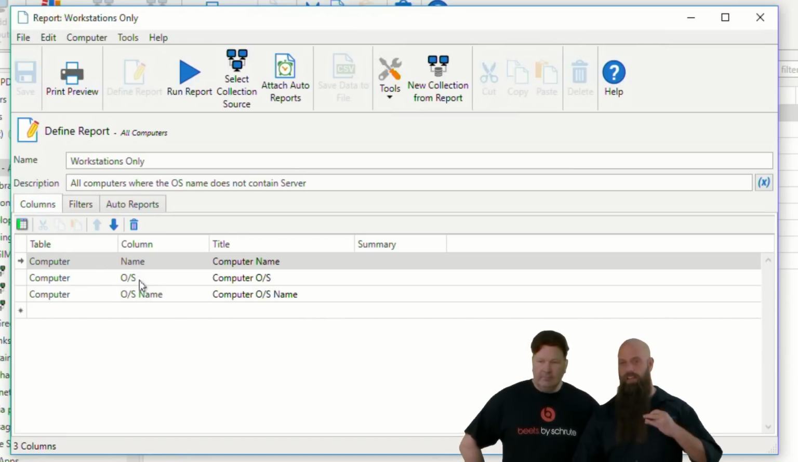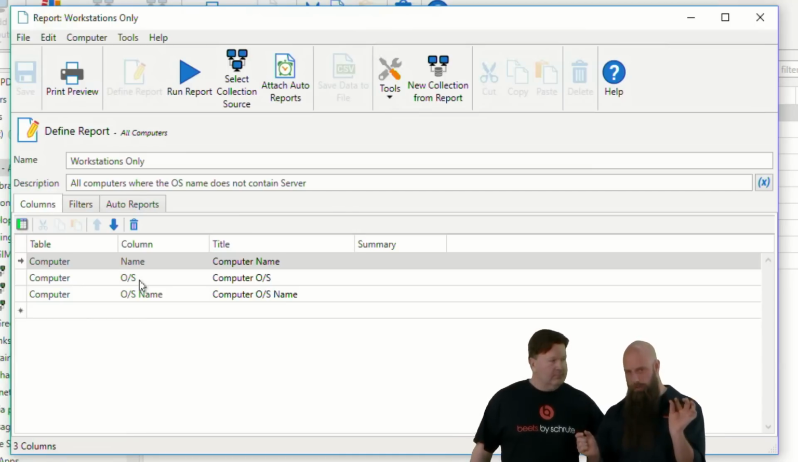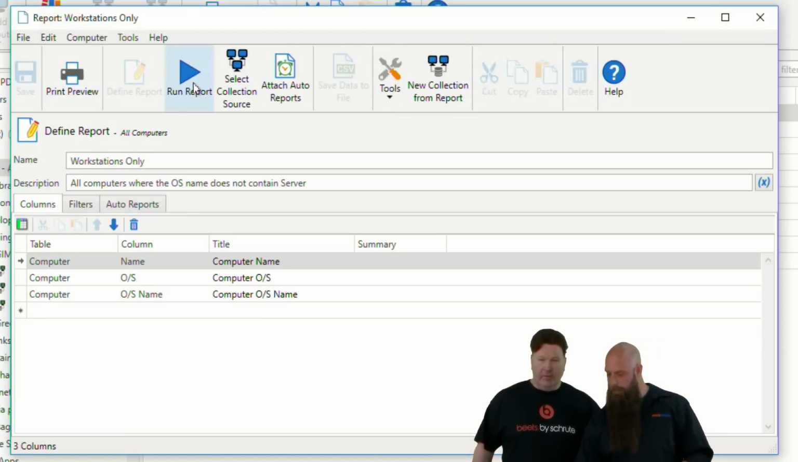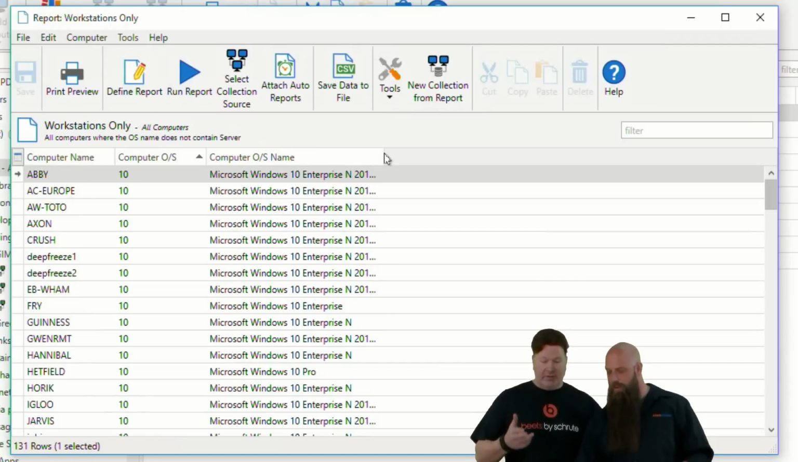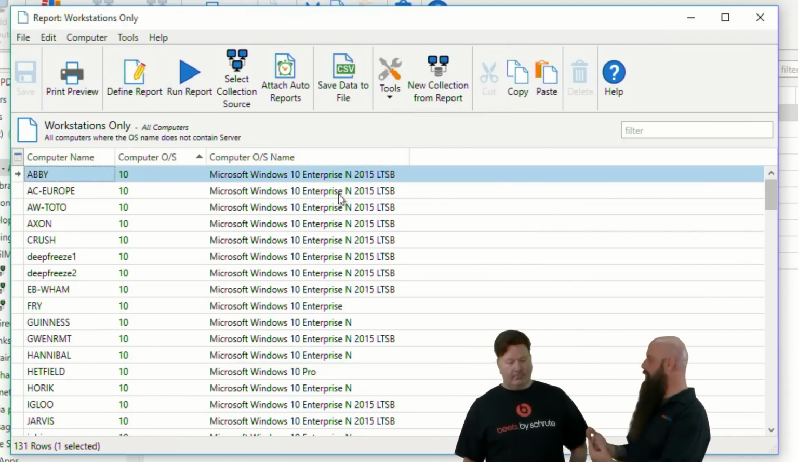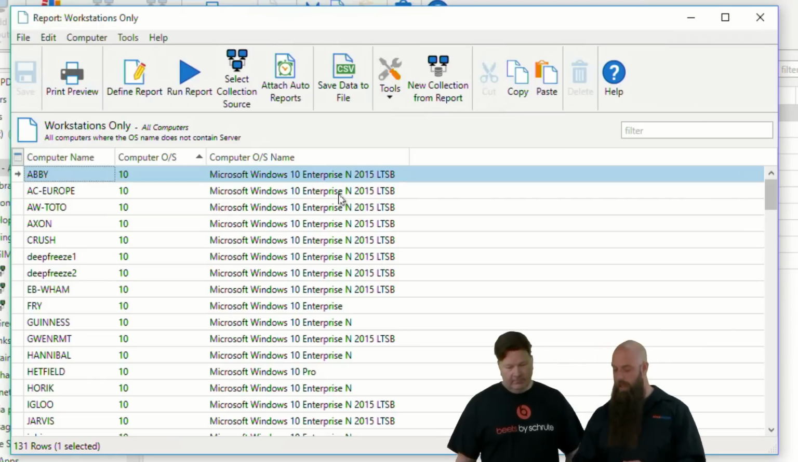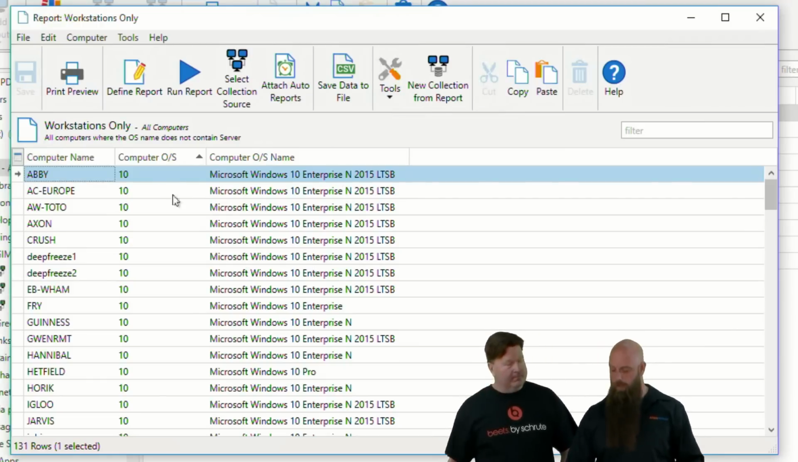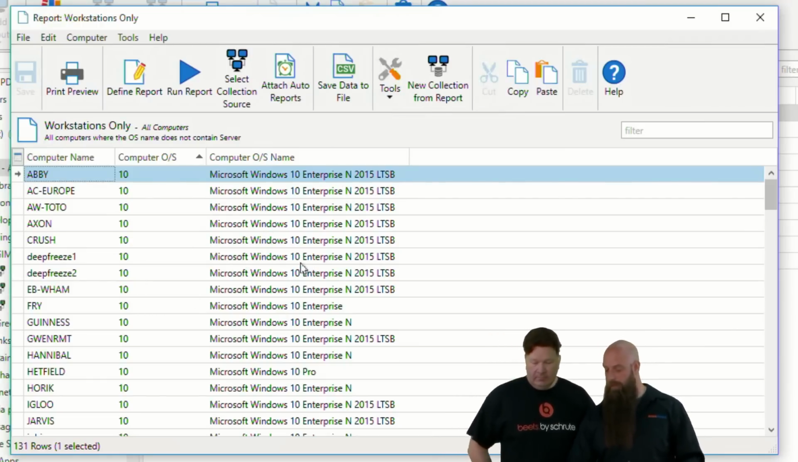The OS is something that we put in there to just make the short version of whatever operating system. So we'll just run this. Obviously, Windows 10 is going to show up as the OS version. And there's so many different versions, OS names. So you have your Windows 10 Enterprise N 2015 LTSB. The short version of that is 10. And all of these are 10, but if you want to break down the name, the thing about it is